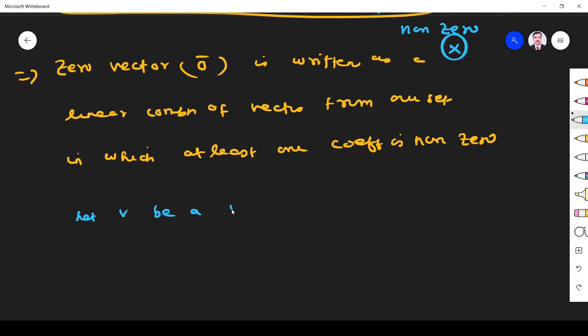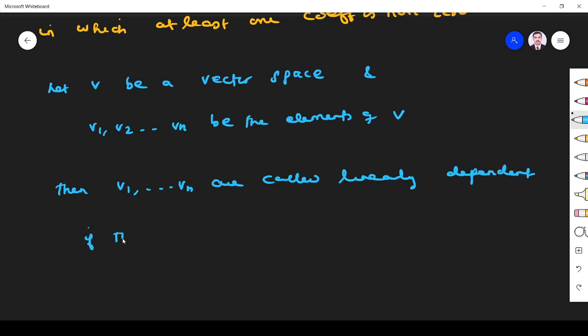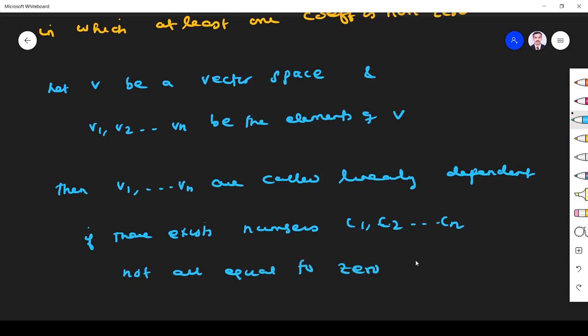Let V be a vector space as usual, and let v1, v2 up to vn be elements of V. Then v1 up to vn are called linearly dependent if there exist numbers c1, c2 up to cn, not all equal to 0, such that